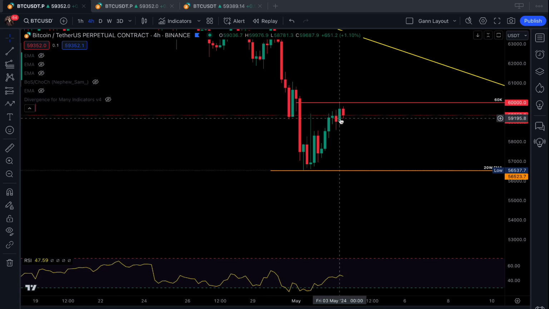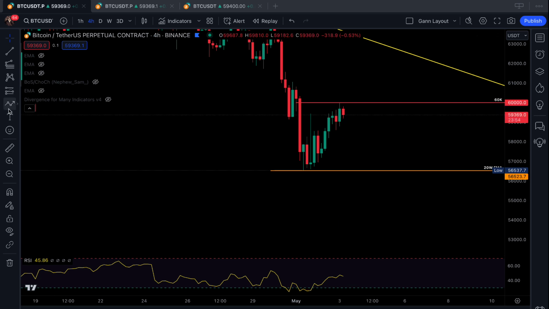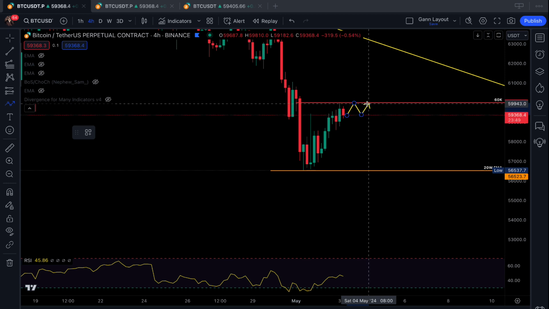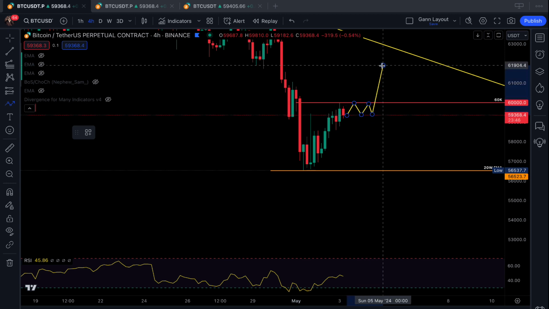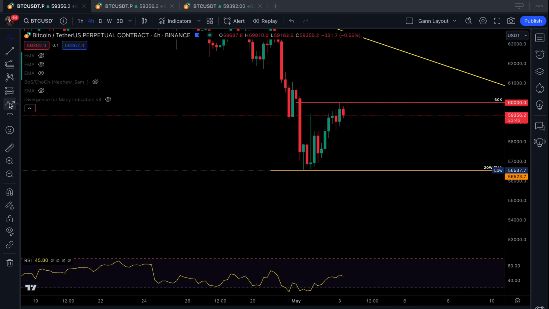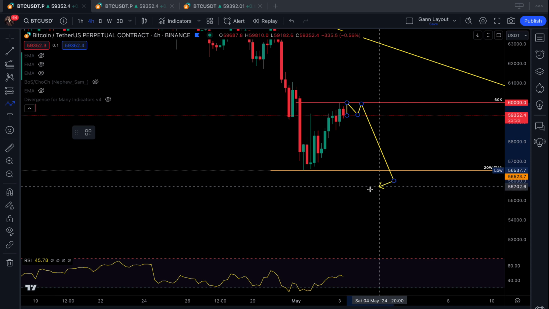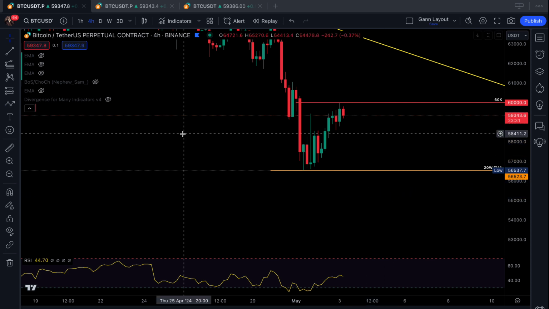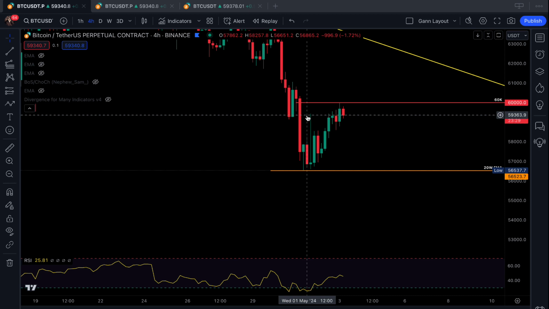What you see here is not a rejection. It's consolidation below resistance. Consolidation below resistance actually keeps both possibilities alive. It could be that Bitcoin will now consolidate below 60K and move above and continue much higher. It could also be that Bitcoin will continue this consolidation a little bit more and push lower. Now, we don't know what scenario will materialize because we cannot see into the future, but we have a very